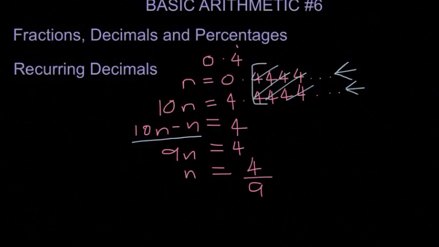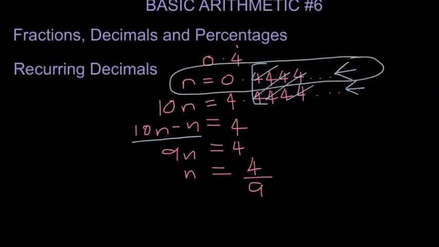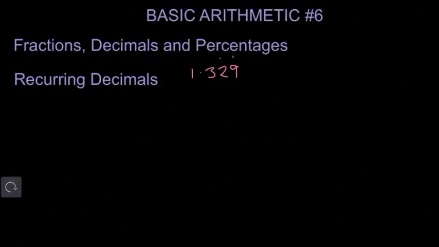But we already know from our first line up here that n is equal to 0.444 repeater. So we've now found that our recurring decimal of 0.444 repeater is equal to 4/9. Let's have a look at our second example. We've got 1.329 repeater. So what we'll have is n equals